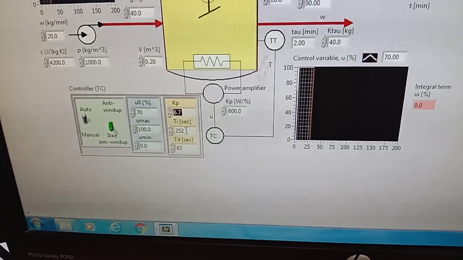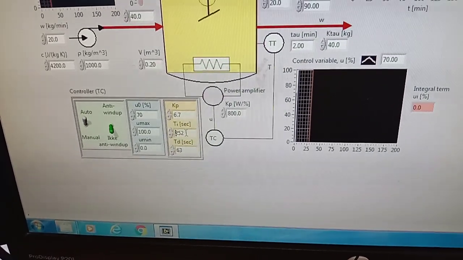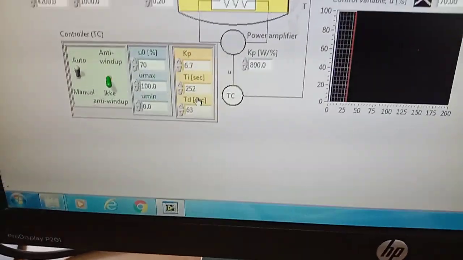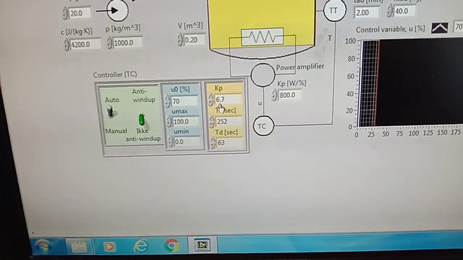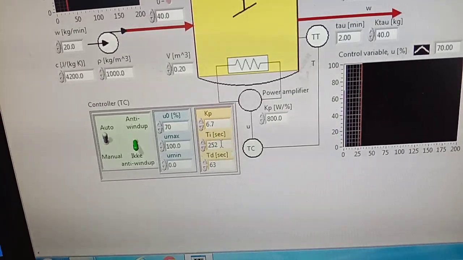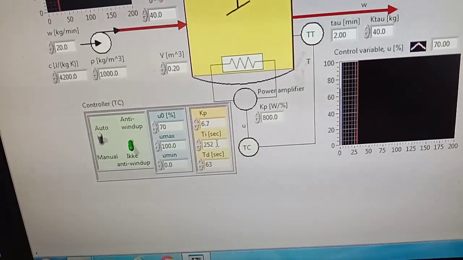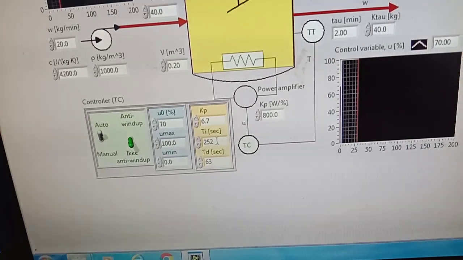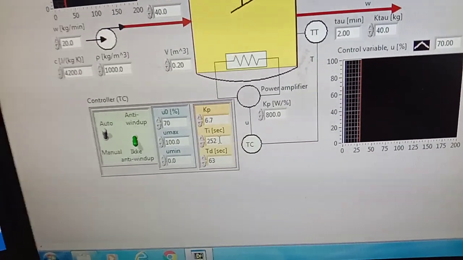And the integral controller: once the output is nearing the desired value, the integral controller starts accelerating towards it.